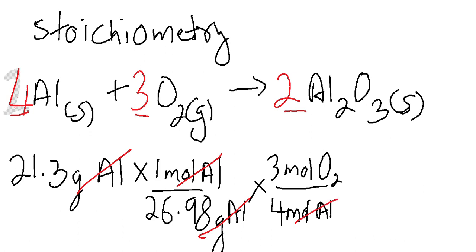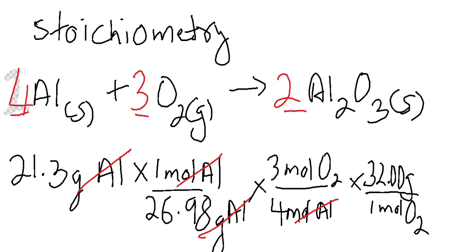And if I was to stop right here, I would end up getting the moles of oxygen, but I don't want to stop. I'm going to stack one more conversion factor. This will take us from moles of oxygen to grams of oxygen. So 1 mole of O2 weighs how much? It weighs 32.00 grams. The way I wrote it makes us cancel the moles of oxygen, and then we simply process this out, and we get,